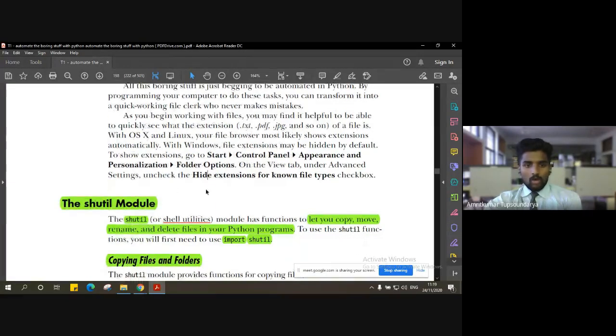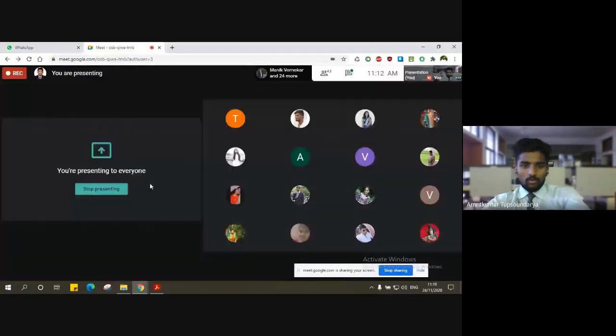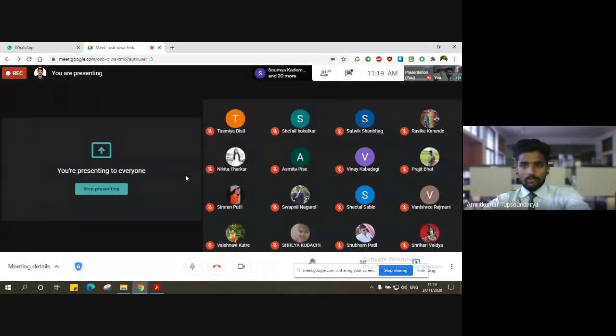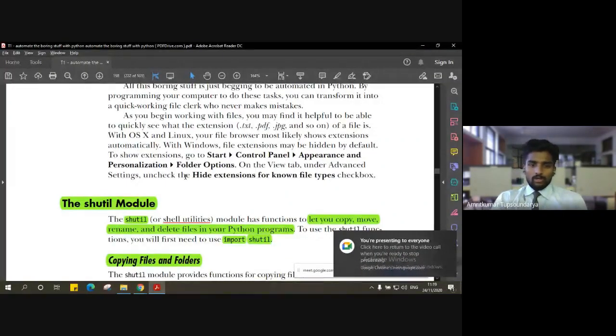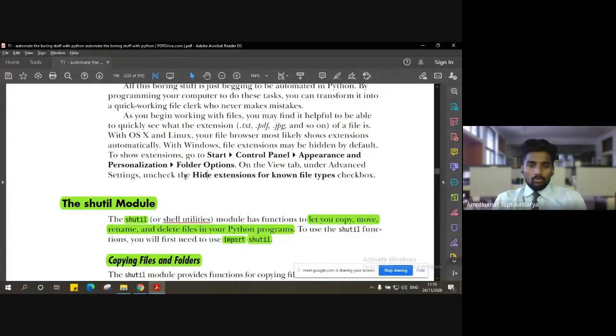Right. But how can we do these operations in Python, right? For that, these are a few basic utility operations we call. For that, we have a module called shell utility module, in short called shutil, or you can call it SHUtil, right? Which stands for shell utilities. As the name suggests, it allows us to perform different operations using different utilities. For example, copying the content or copying a file, folder, directory, or document, or moving them. Right? Copying, moving, renaming, or deleting.